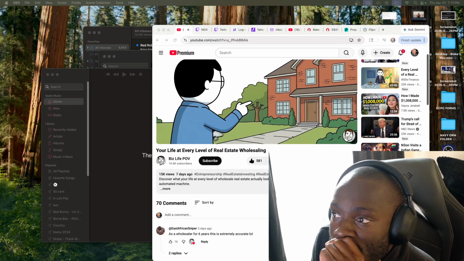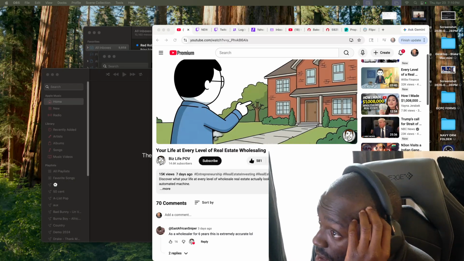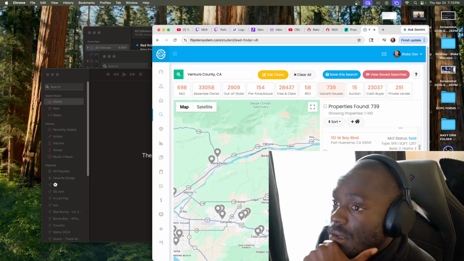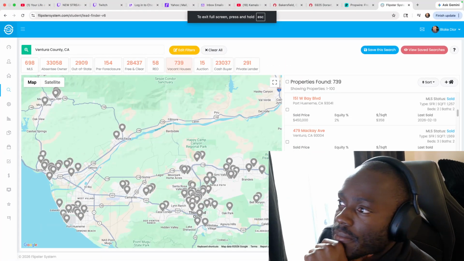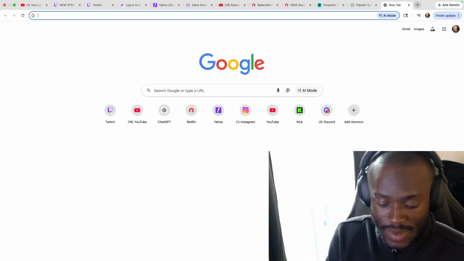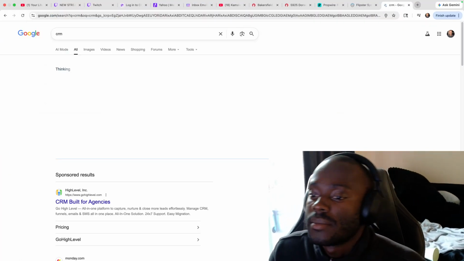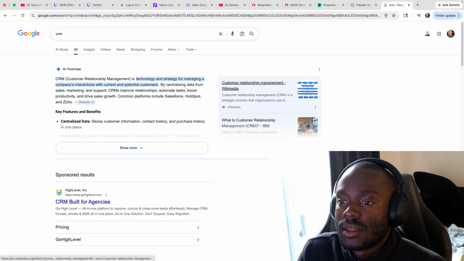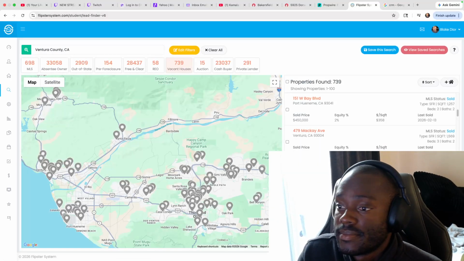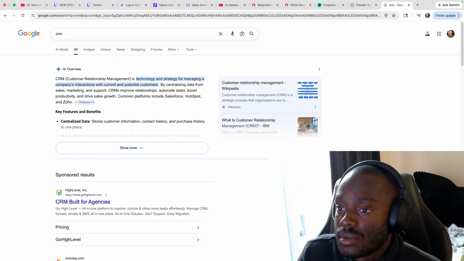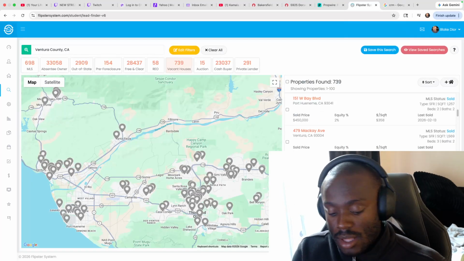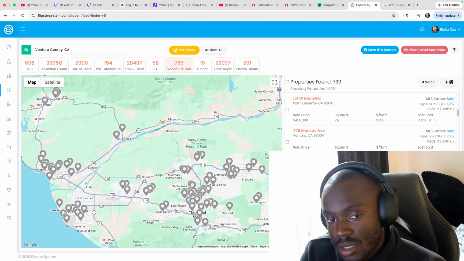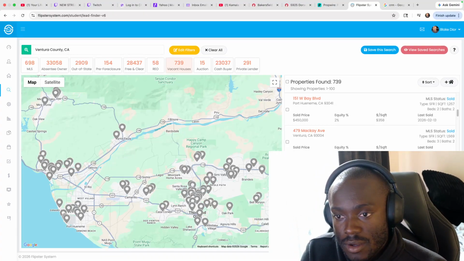What I'm gonna do, this is, let me use the correct terminology, a CRM, customer relationship management. A lot of people who are in the business of real estate have a CRM.